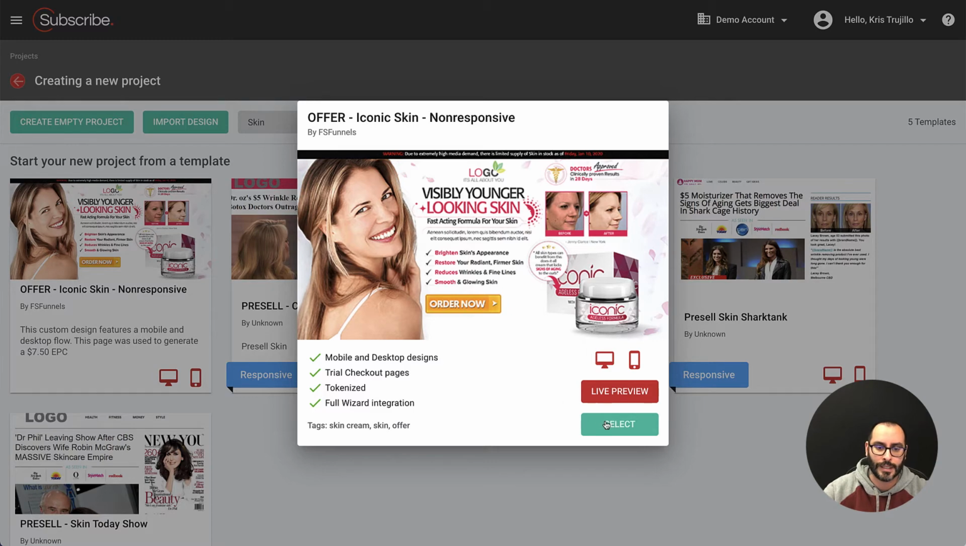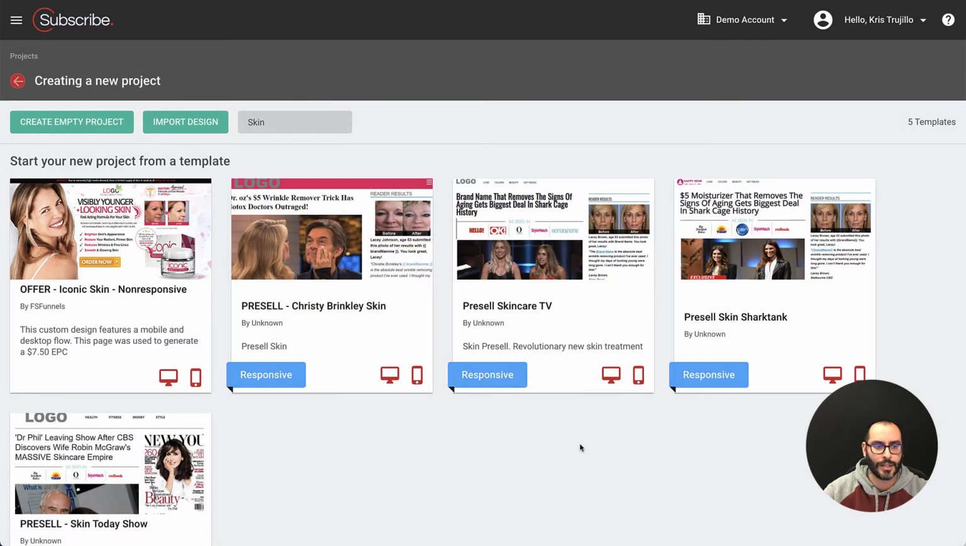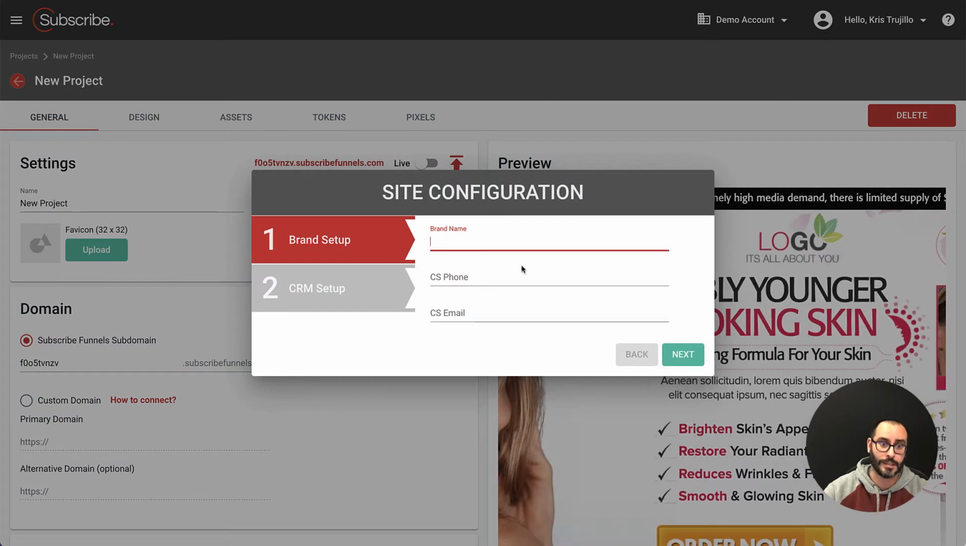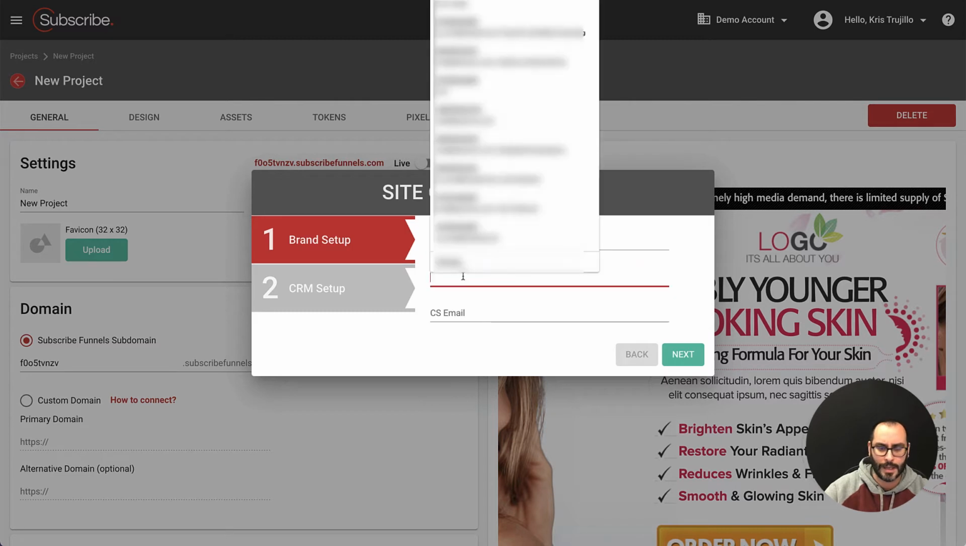Let's say we want to select this. It's going to build it out into our account and take us directly to, in this instance, the wizard, or directly to the project dashboard. Now I can go through the process of filling out the wizard. These are just basically pre-filling in the tokens that exist currently. We want the brand name. We'll just type in new project. Or I'll say new brand name. I can type in my phone number,